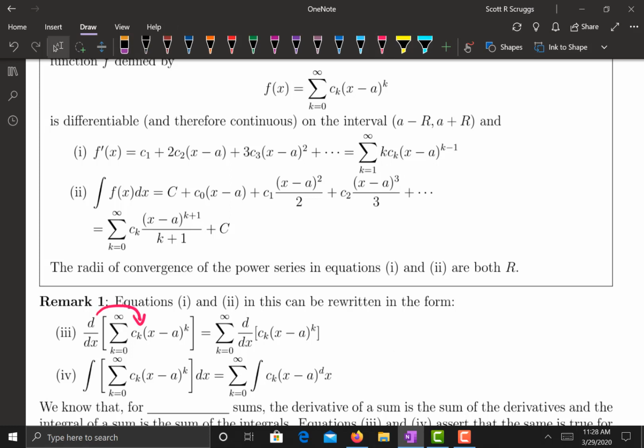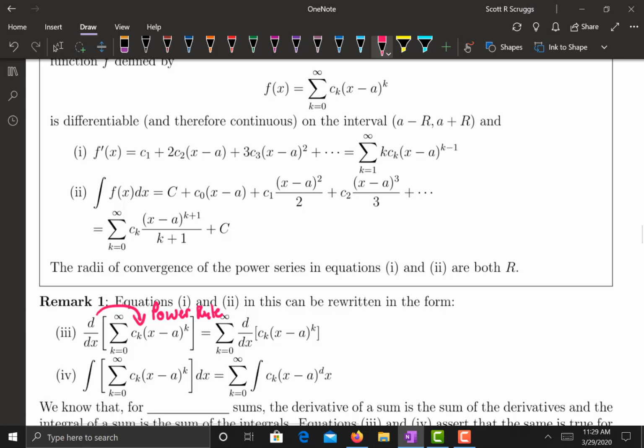And it's the exact same thing as moving that derivative notation inside the power series. Now, inside the power series, I will be doing power rule